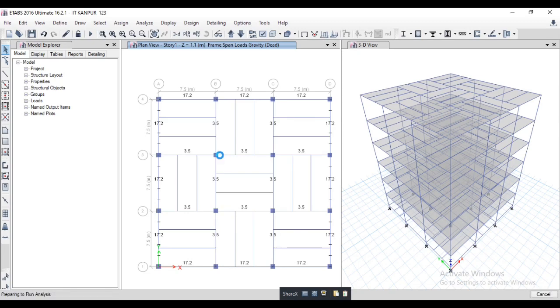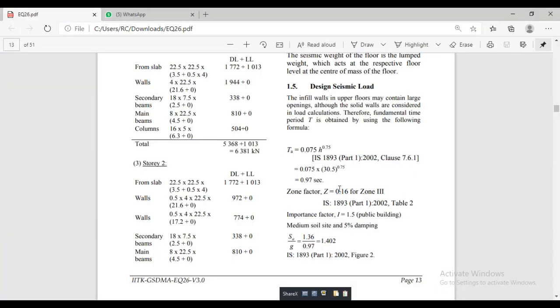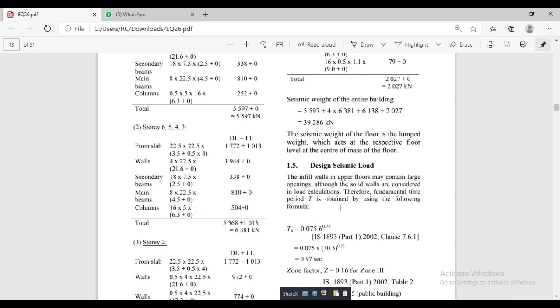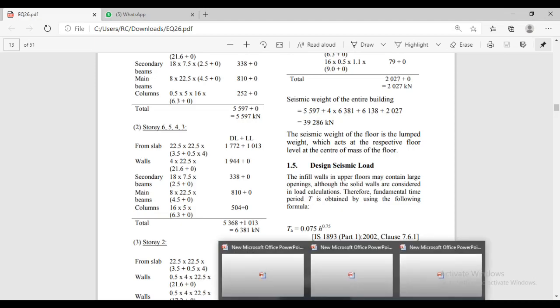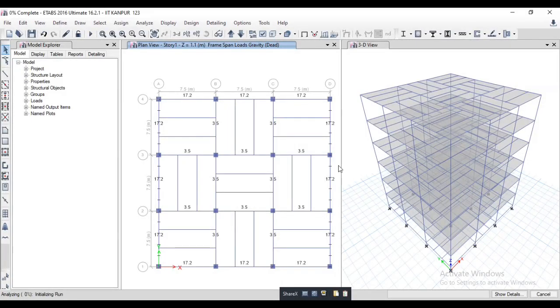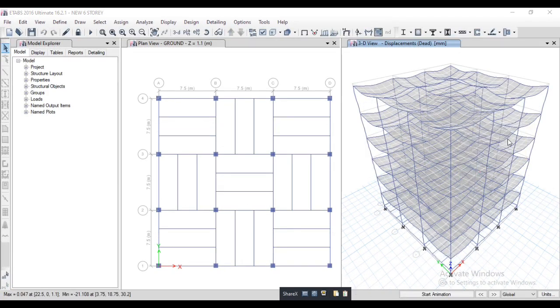Firstly, we will check total weight of the structure, because if our total weight of the structure matches this value, it means everything is correct. This is the deformed shape of the building.